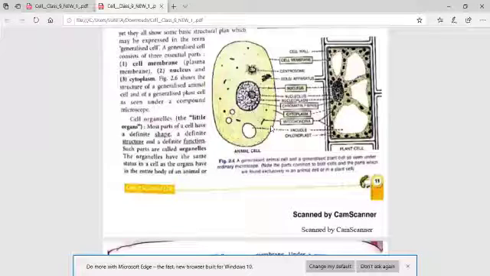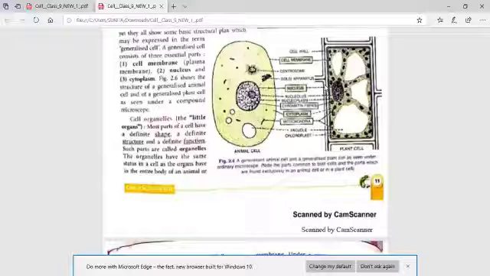In case of a plant cell, you can see outside the cell membrane there is another layer which is rigid and which is dead in nature. This is called a cell wall. Cell wall gives rigidity and shape to the plant cell. So there are two membranes we have read in case of a cell. If it is an animal cell, only the cell membrane is present. If it is a plant cell, two membranes are present: one is the cell membrane, another one is the cell wall.